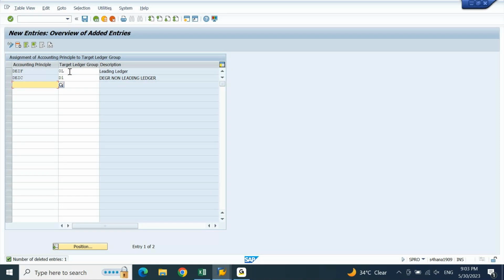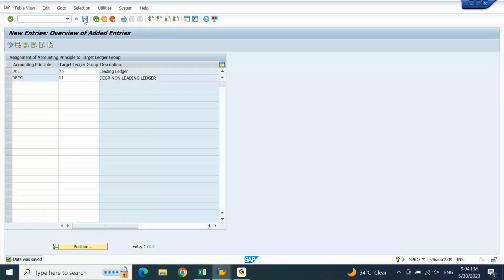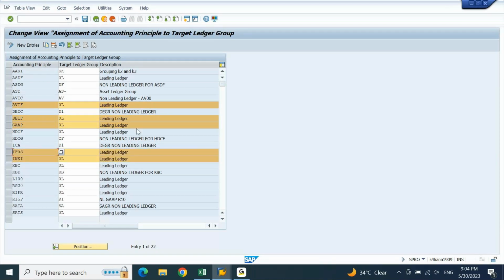Right. Now I am going to save this. Save. Now accounting principle has been assigned with the ledger. Now if you see, leading ledger is there so many times. Here is 0L, 0L, 0L. Correct? Here also 0L, 0L. Which means one ledger can have multiple accounting principles, but one accounting principle cannot have multiple ledgers.